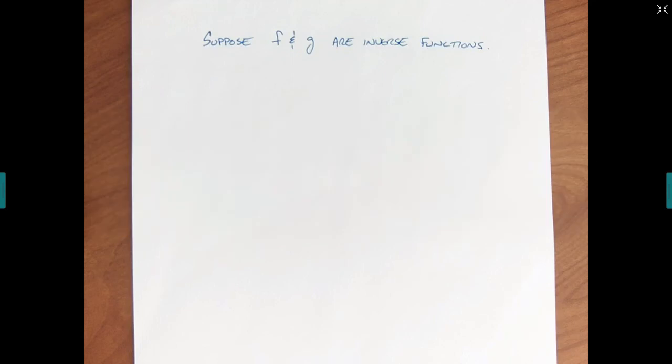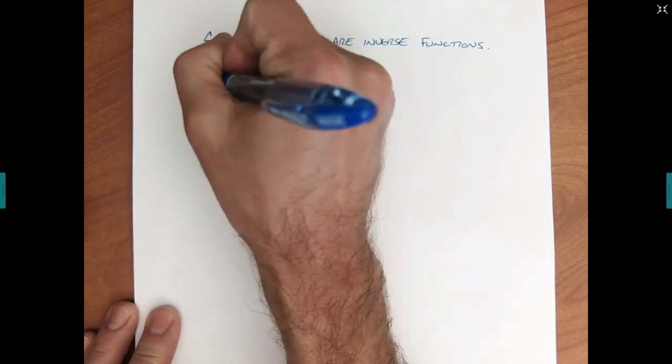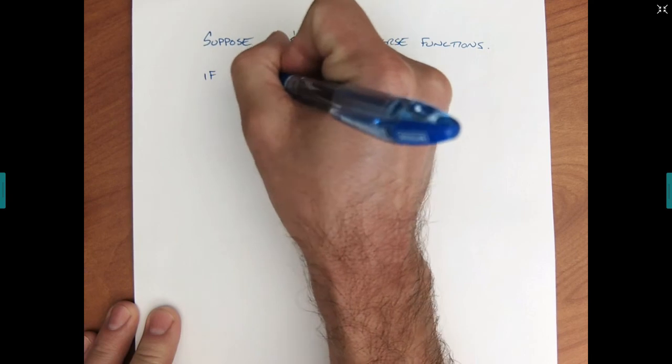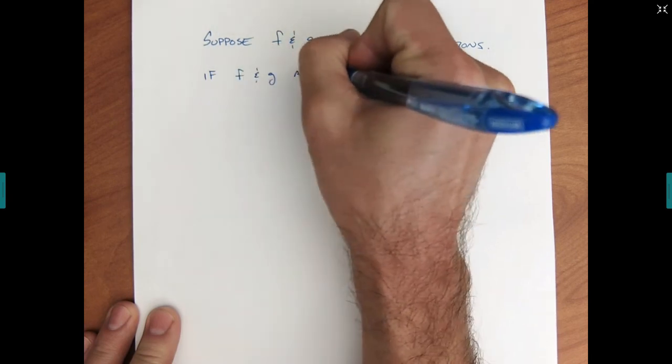Let's talk about some inverse functions. What we're going to do is suppose f and g, that's f of x and g of x, are inverse functions of one another. So if f and g are inverse functions, in fact, let's write this down. If f and g are